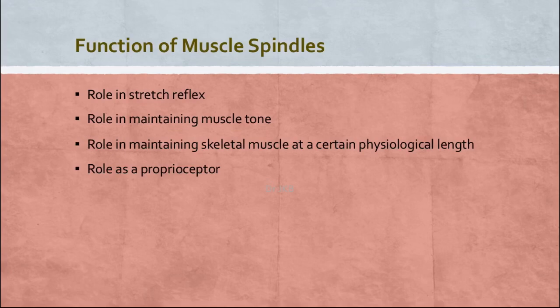The resistance of a muscle to stretch is called muscle tone. If a particular muscle has an intact nerve supply, it will definitely have muscle tone. If the nerve supply to the muscle, the motor nerve, is cut, then the muscle will offer no resistance at all. There won't be any resistance.